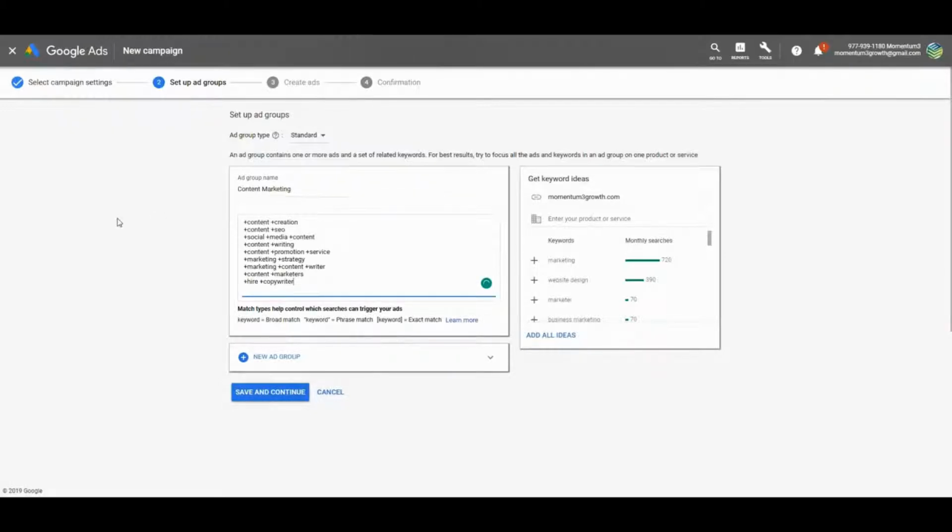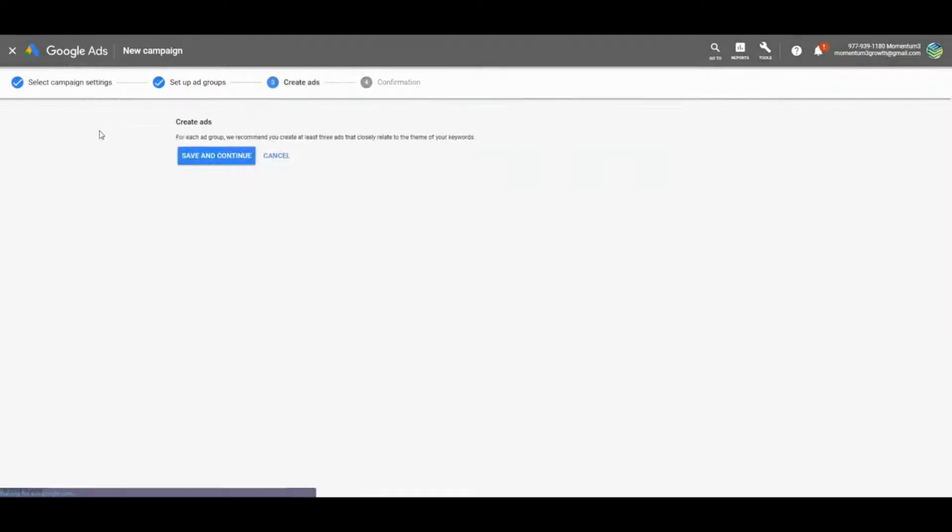We set ours up as broad match. The plus signs tell Google that we are okay with people searching things like content creation or creation content or content blog SEO or social media marketing content, things like that. We're willing for Google to mix it up and let our ads show for different phrases. So you can add additional ad groups on this screen, but we're keeping it basic, moving on to the next one,